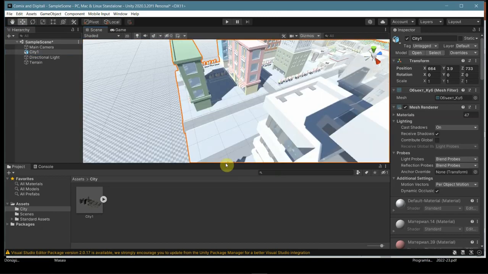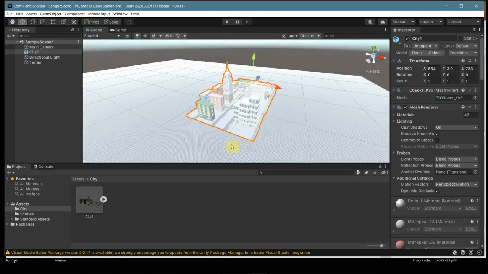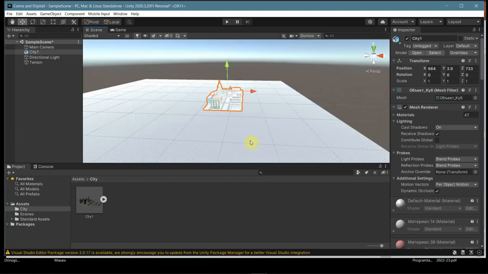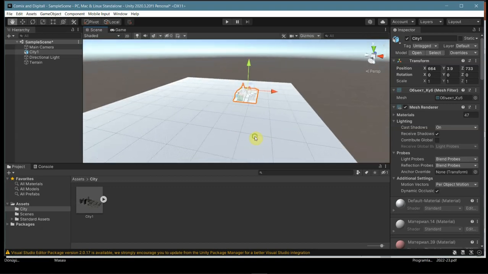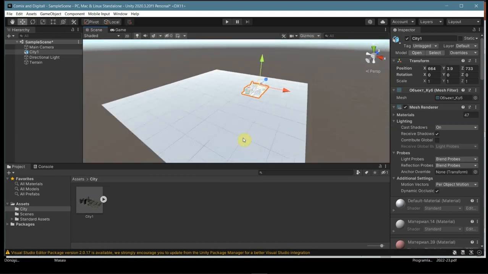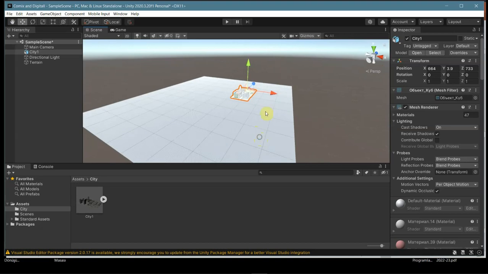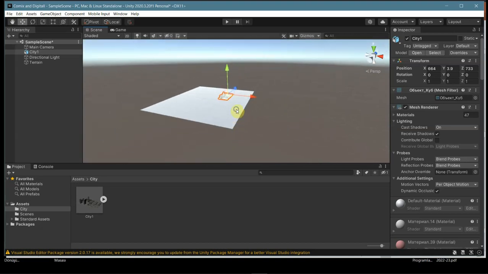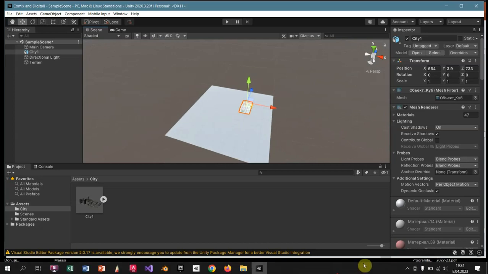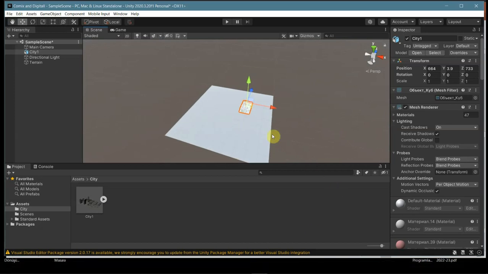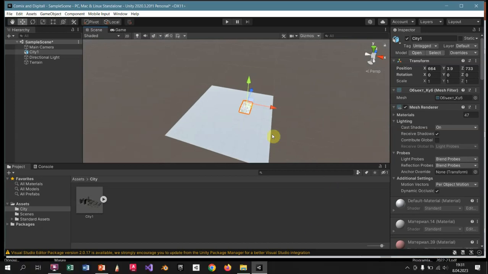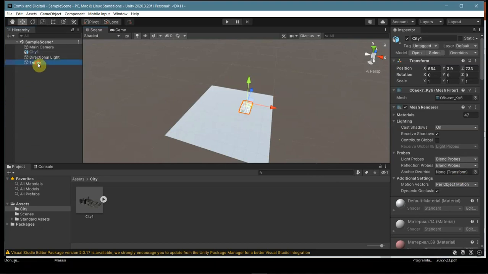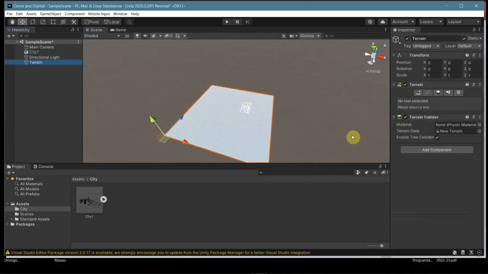Okay, now as I told you, I want to now design some mountains, hills, lakes, and add trees. For this purpose, I choose terrain, and in the inspector window, I see